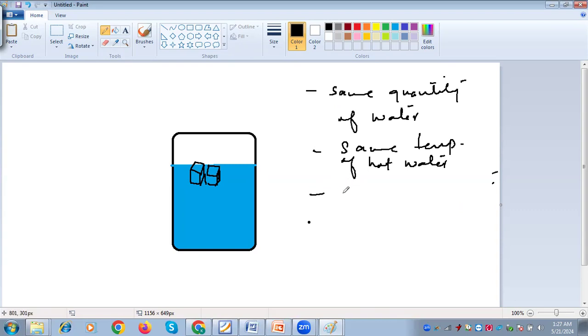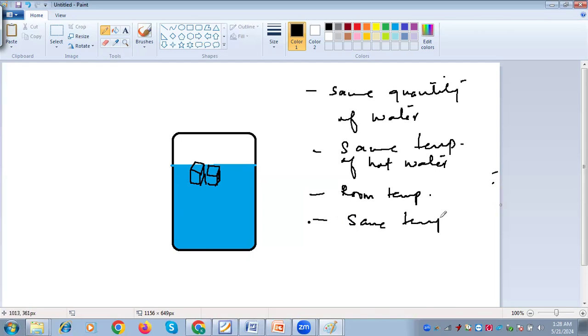Room temperature will affect. But here you are using the sheets, paper sheets, so that is to prevent heat loss to the surrounding. Okay, but that is a third factor, room temperature. It should remain the same. What else? If you are varying the thickness, each sheet should be of the same thickness, which is given already in the question. Same quantity, same